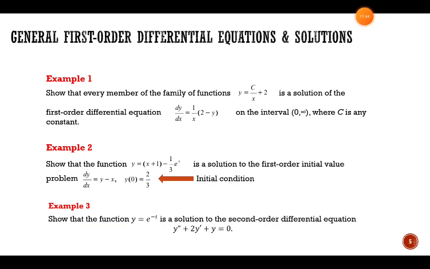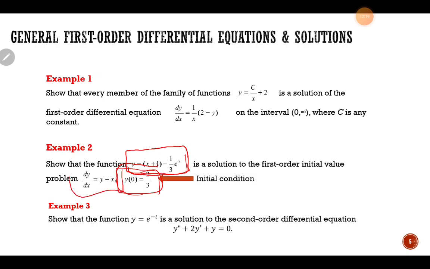Okay, now we proceed to second example. Show that the function y equals to x plus 1 minus 1 over 3 e to the power of x is a solution to the first order initial value problem. Dy over dx equals to y minus x. Ni kita panggil initial condition. Dia bagi dah situasi dia yang mana dia kata y0 is equals to 2 over 3. So, if it is given to you the initial condition, kalau you tengok solution yang diberi,